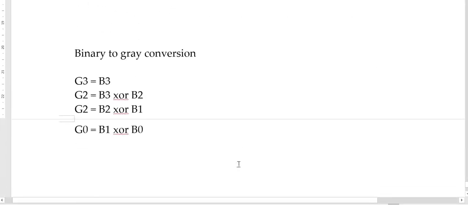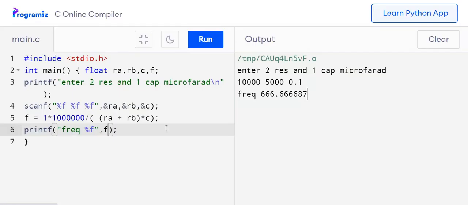Now we know that we can convert binary to gray and gray to binary. These are the equations for binary to gray conversion, where grays are the outputs and binaries are the inputs. Similar equations you already know for gray to binary. If we want to define this, gray and binary are the bits. So actually we can use bool also, but bool is not supported by this online compiler. This is one thing. And though bool is there,